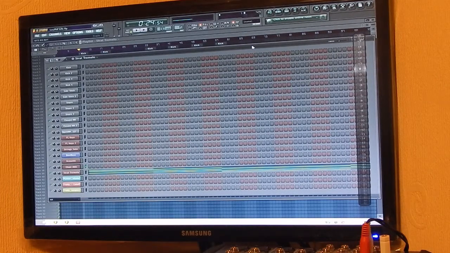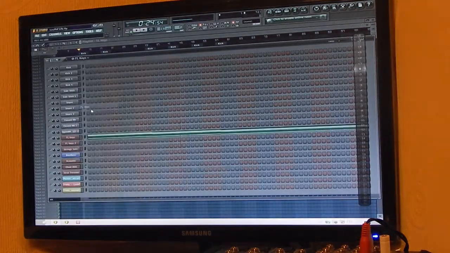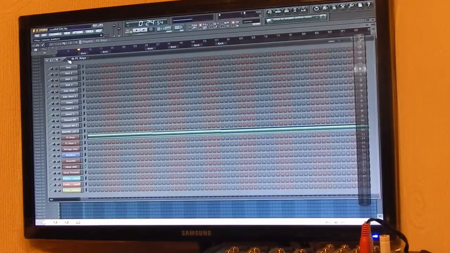Once I'd made the drum kit, I felt that I needed to make a melody, so the melody I first started off with was the keys, the piano, and the key progression I actually got was